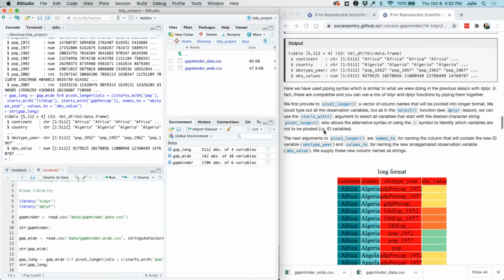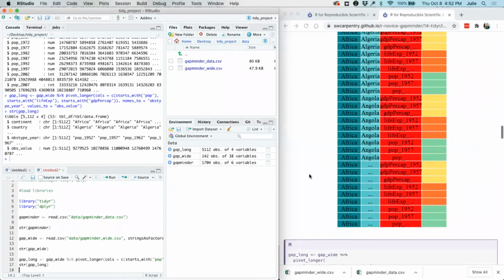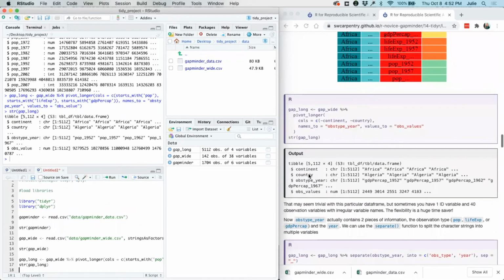So we're also going to use an alternative. I'll give you an example of an alternative syntax, which you could use the dash symbol to identify which variables are not to be pivoted. So there's two ways to do this, and that's this second example.